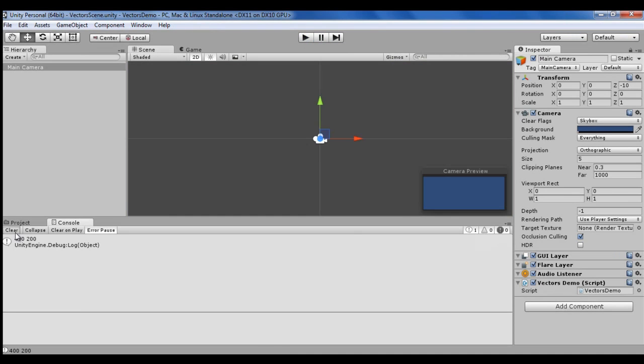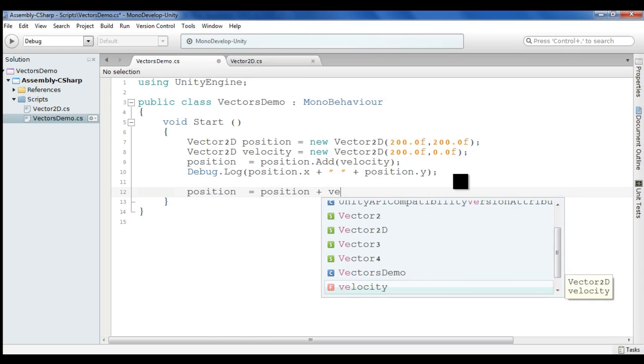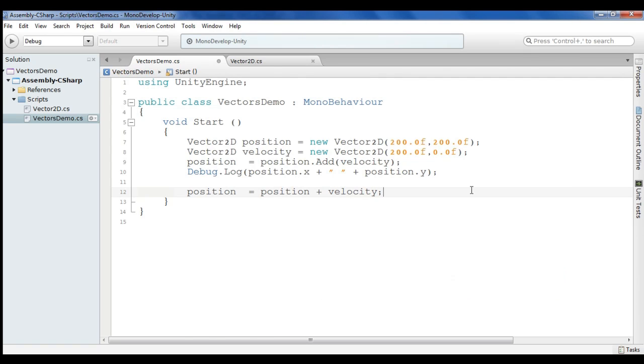That is good. Now as we know what a static keyword is, I told you that you will be able to do something like this: position equal to position plus velocity, right guys? I have told you that you can add two objects using the operator overloading concept which is present in C#. Now what is operator overloading, guys? Operator overloading means giving a new meaning, or one more meaning, to an already present operator. That is known as operator overloading.